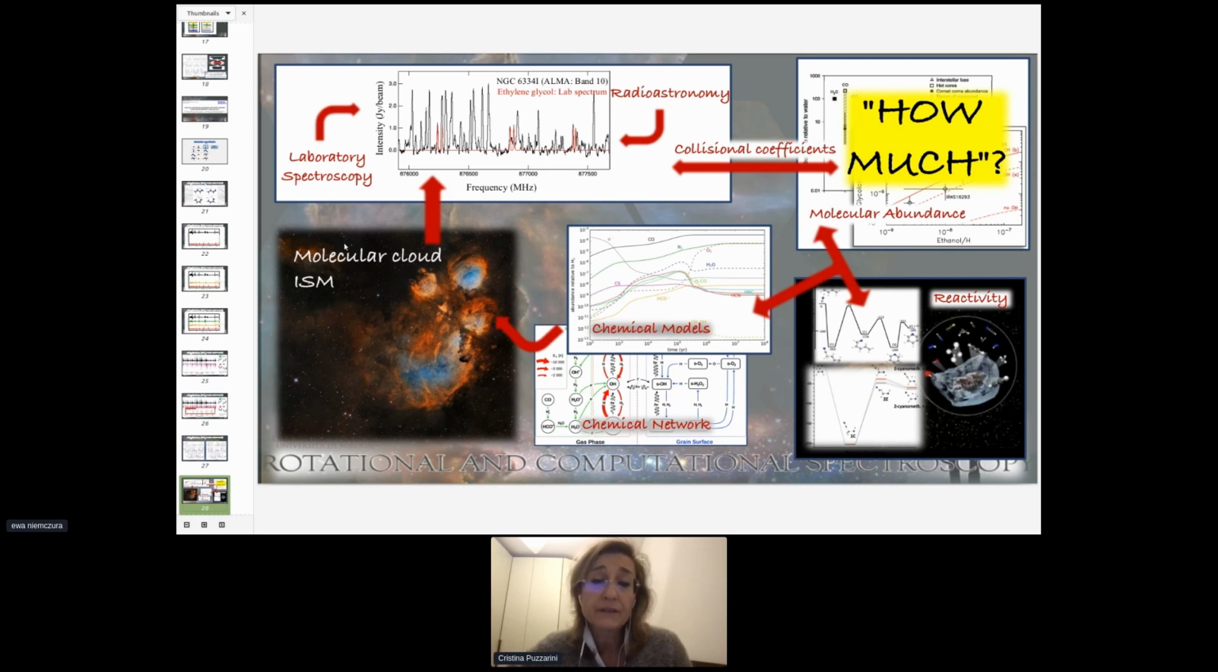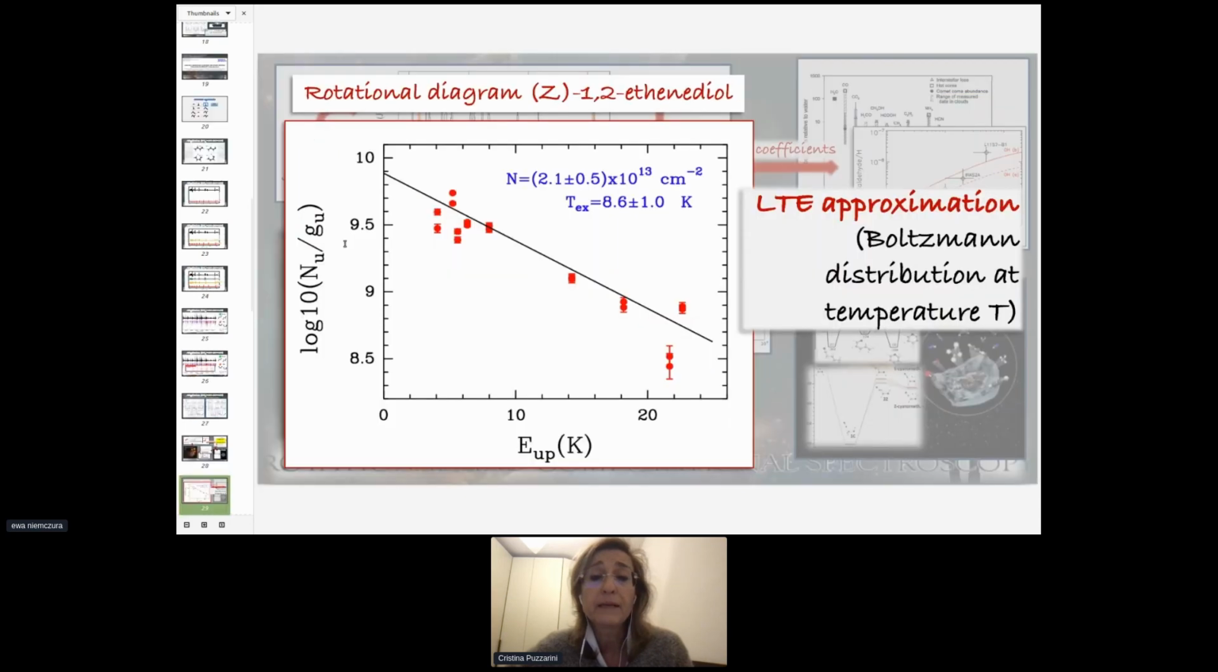Then once you have a detection, you have to understand the amount of the molecule, so its abundance. If you can consider that the LTE, local thermodynamic equilibrium approximation, is valid, then you can, for instance, use the rotational diagram. You report the integrated intensity of different transitions observed in the astronomical spectrum as a function of the upper energy level of the transition, and you obtain this linear